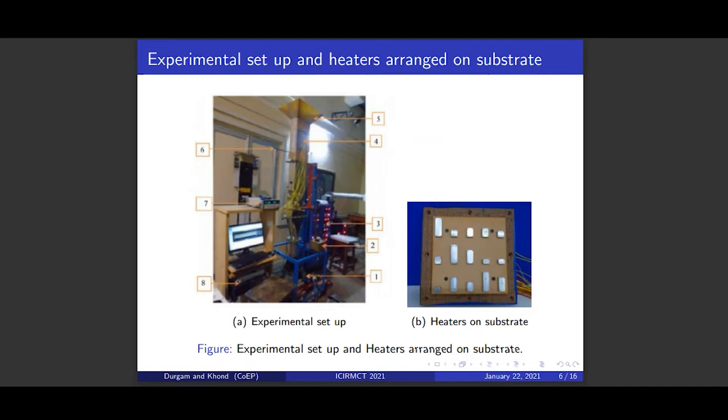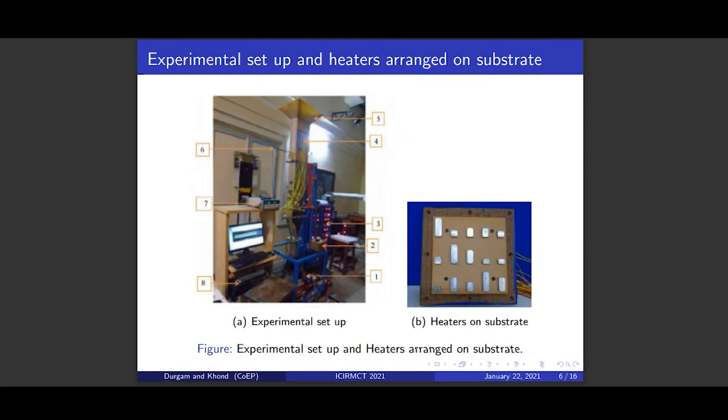The heat sources are connected with K-type thermocouples, which are connected to the data logger and desktop PC that measures the temperature when the steady state condition is reached. The heat sources are connected with nichrome wire to the DC power supply and given the required voltage and current to maintain the heat flux values of 1000, 2000 and 2500 watt per meter square respectively.